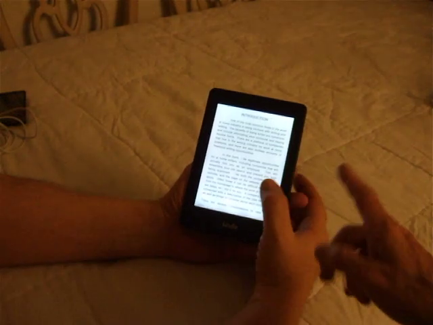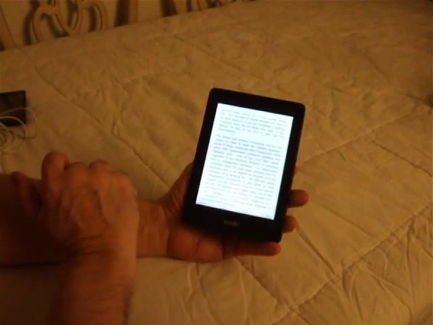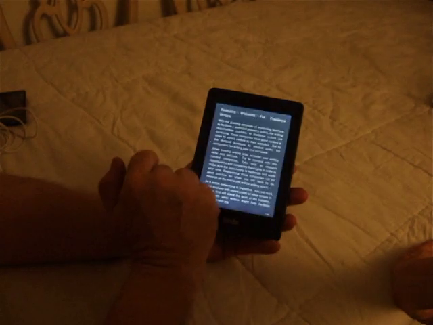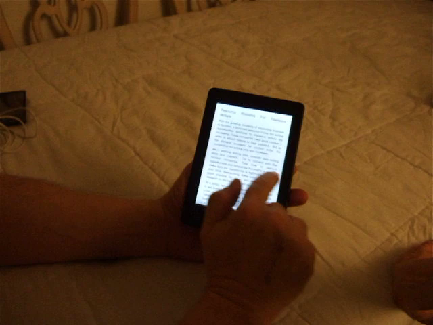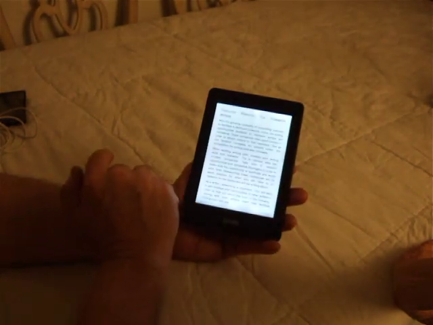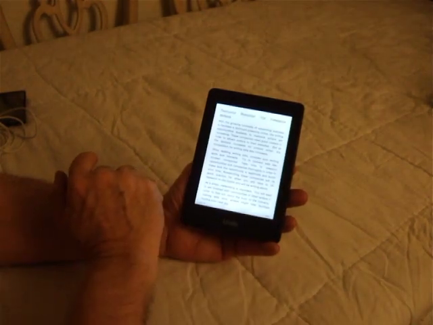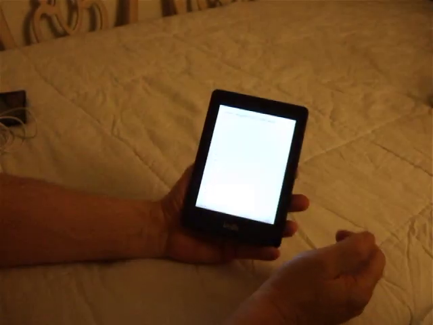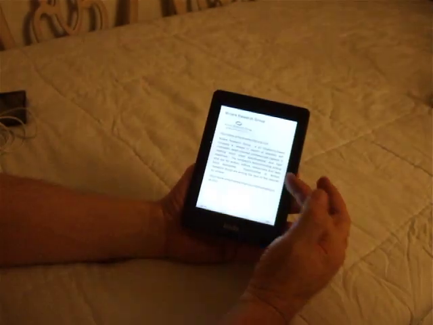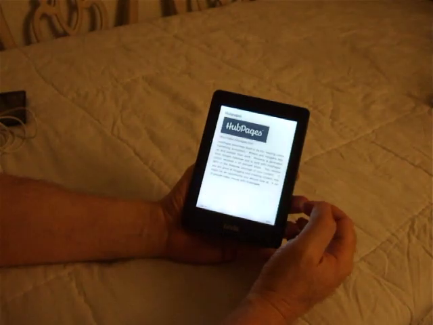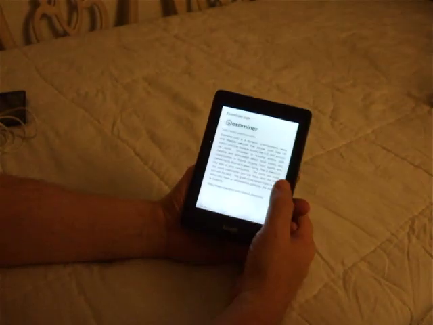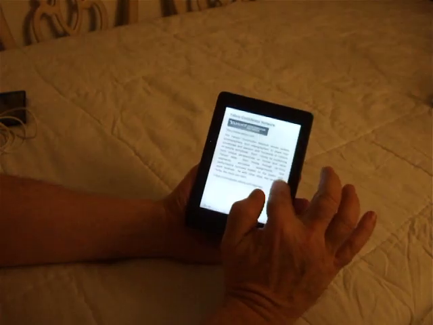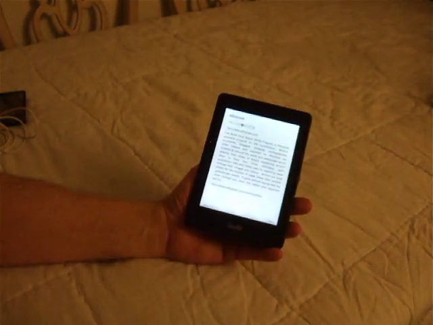So what about swiping? Well, it does. It is working. I have heard some people complain that they can barely touch the screen and it'll do something, and sure enough it does. Yeah, you just barely touch it and it... That could be good or bad depending on your particular way of handling things. Yeah, I just barely touched that. Now I've got one of these little